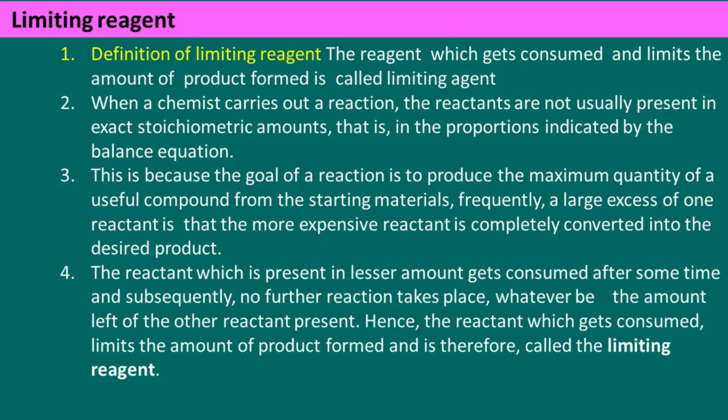We call that a product from starting material. We call that a reactant. Frequently, a large excess of reactant is supplied to ensure that the more expensive reactant is completely converted into the desired